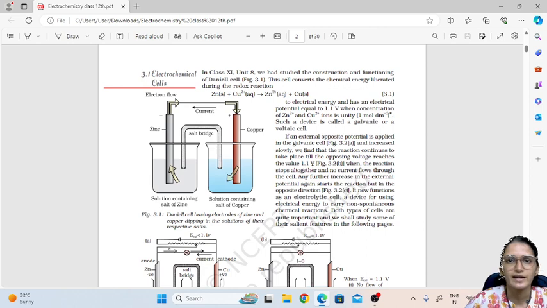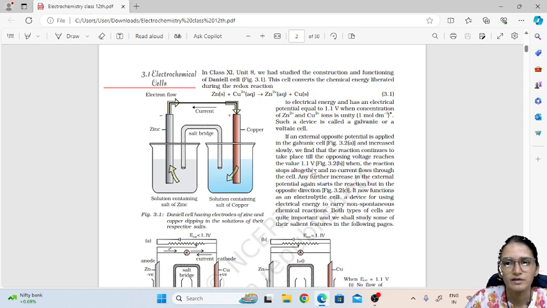Now in 11th standard there was one chapter named redox reactions. In that we have already seen the representation of the galvanic cell, in which there is anode and cathode, that is zinc and copper, and how the electron flow takes place and how the ions are exchanged. So everything we have seen, and we will revise it again in this chapter. This is the diagram of the Daniell cell, or galvanic cell, as we call it.